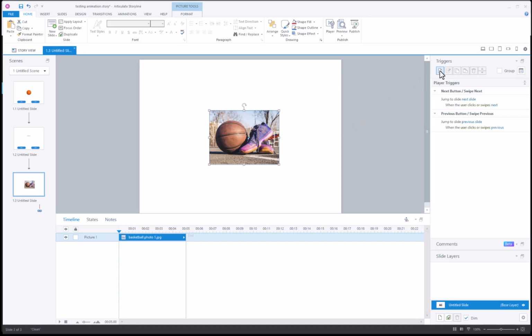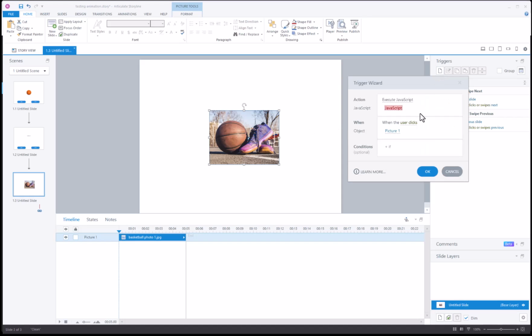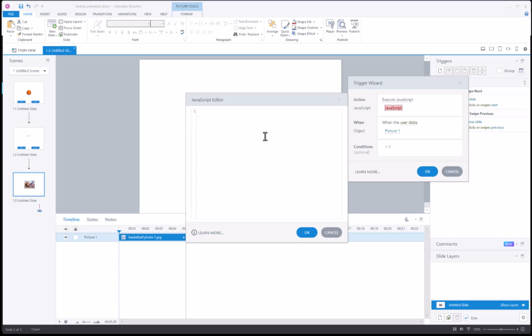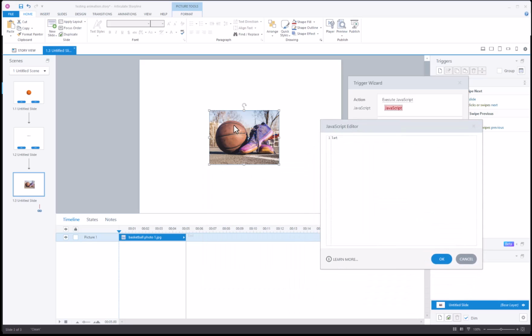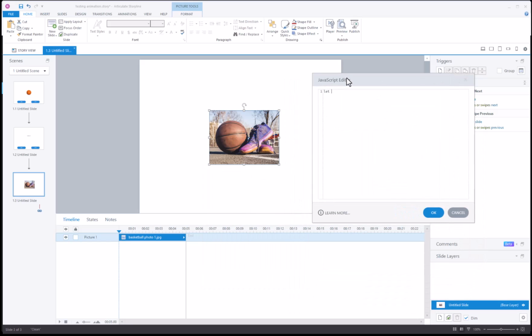So again, now we're going to go back and put in our trigger: Execute JavaScript. The first thing we need to do is create a variable. So we're going to say let, and we want a variable to reference this photo. We'll just call it BBPhoto, with a capital P. So BBPhoto equals document